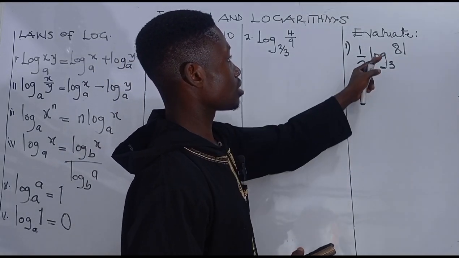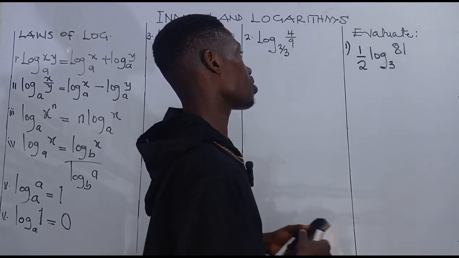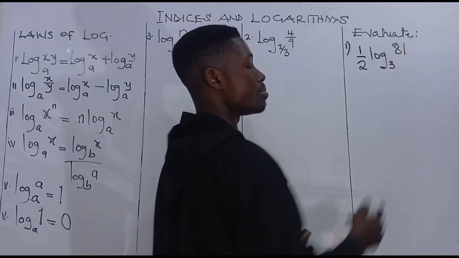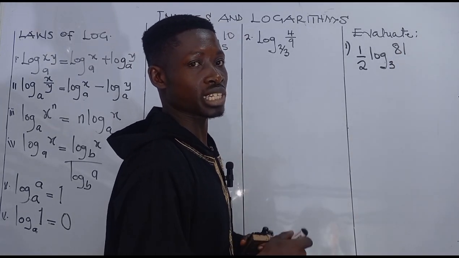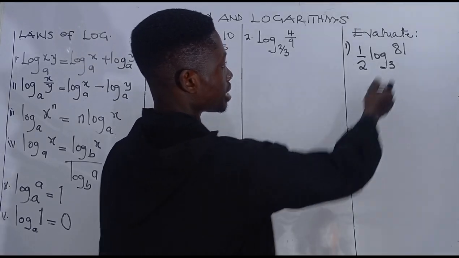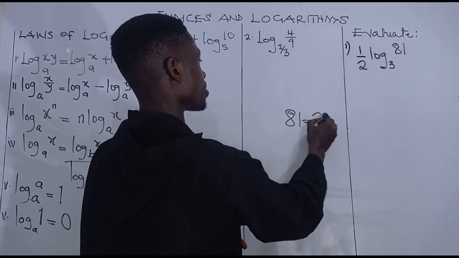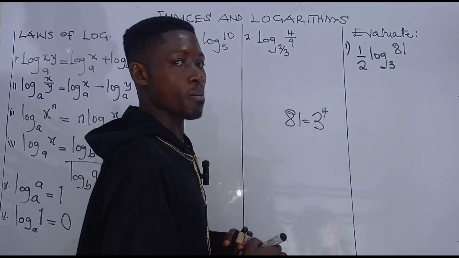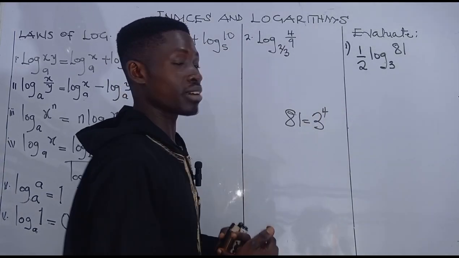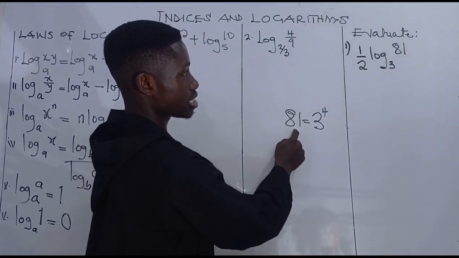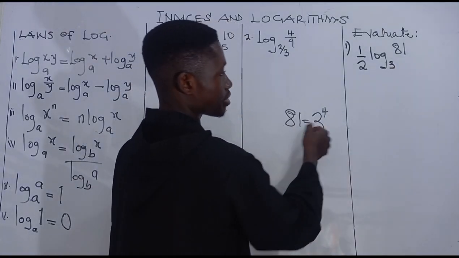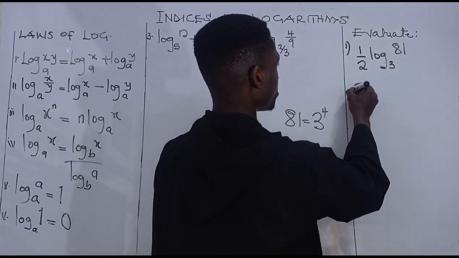We want to evaluate 1/2 multiplying log of 81 to the base of 3. We want to find the value of that. Now we know that 81 can be written as 3 raised to the power 4. 3 raised to the power 4 will give us 81. So in place of 81, we are going to write 3 raised to the power 4. So you have